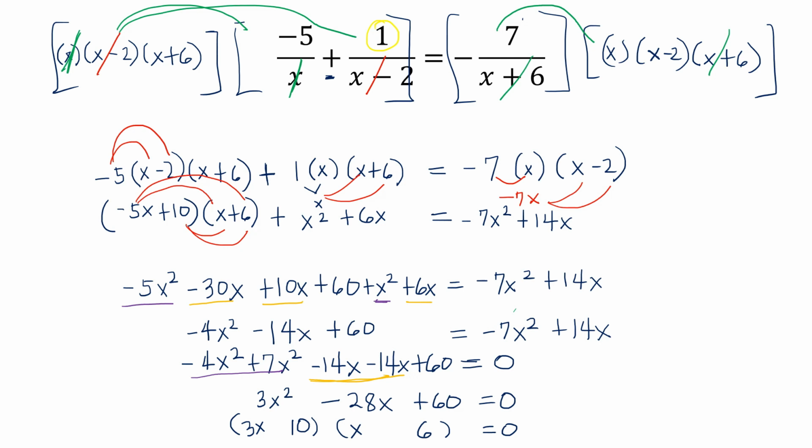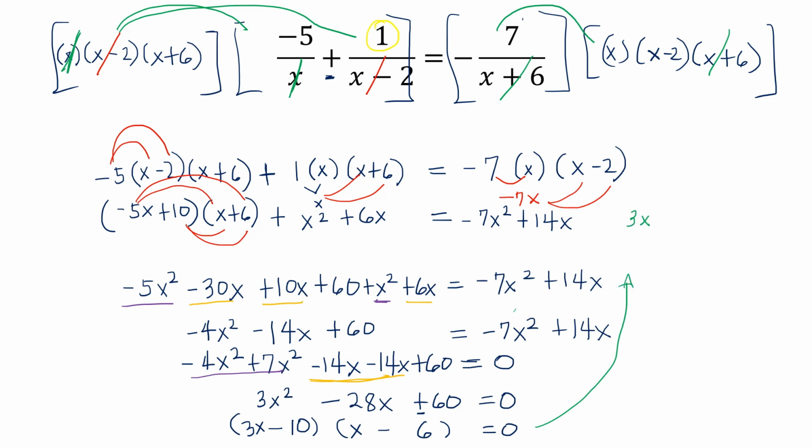Now how about the signs of 10 and 6? Since 60 is positive, then signs of 10 and 6 must be the same. It can either be both positive or both negative. So in order to decide, we're going to look at the sign of the middle term. It's negative 28x. It's negative, therefore both of them should be negative. Okay? So by zero property of equality,